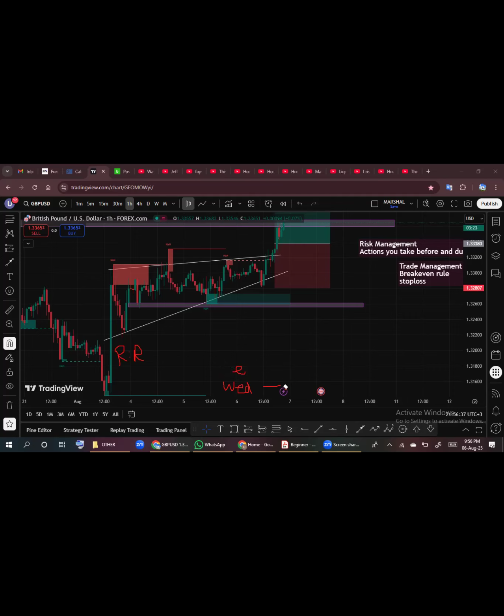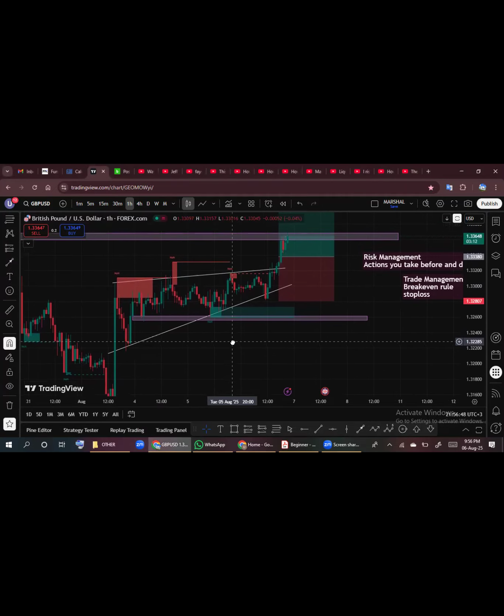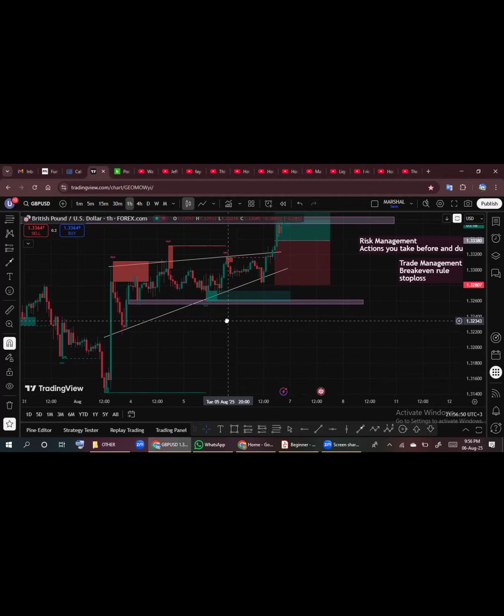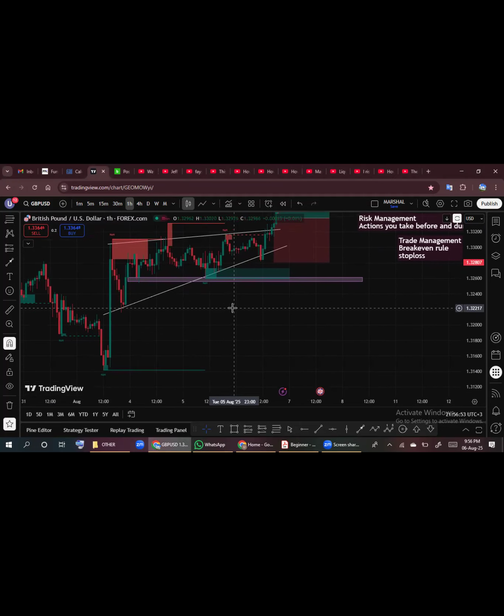So make sure you have a fixed percentage of risk on your trading account. Don't go above it. Like I said, if you want to take more trades, split your risk percentage. Split your risk percentage. So if it's $100, right,